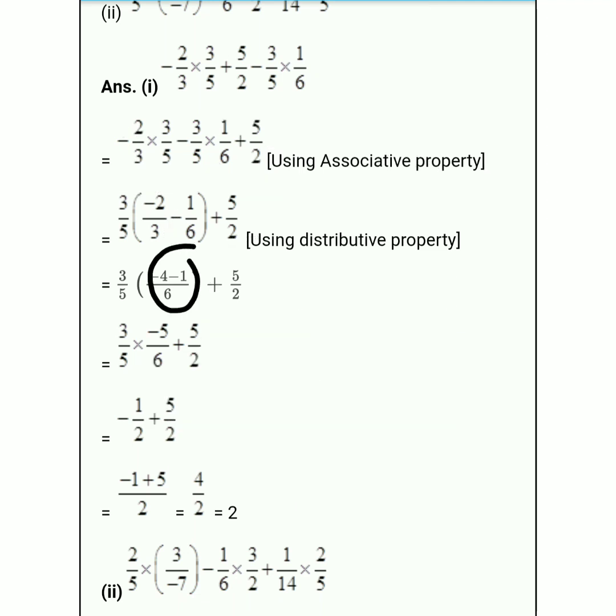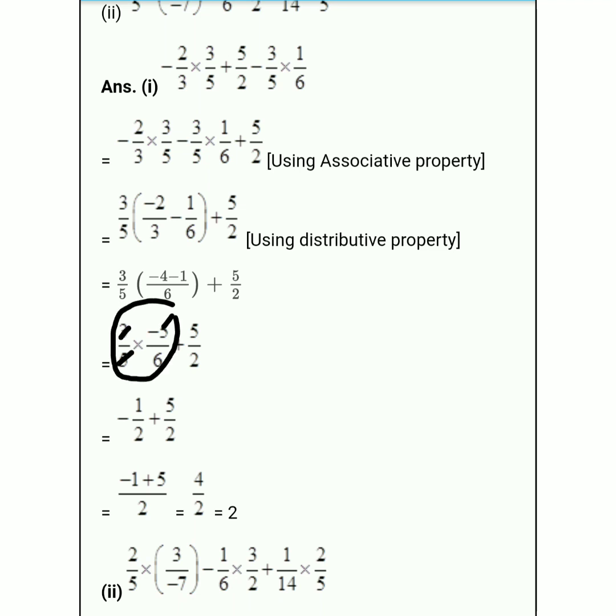Then we simplify this. Minus 4 minus 1, minus minus plus, 4 plus 1, 5. Big number sign, it's a minus. So here 3 by 5 into minus 5 by 6 and plus 5 by 2 as it is. Okay. Then now this bracket is converted into single term. After that if we do not write in the bracket, it's okay. Okay, if you use the bracket then even it's right. If you do not use the bracket then even it's right, because now it is converted in the single term, that's why. Now first of all do this multiplication process.